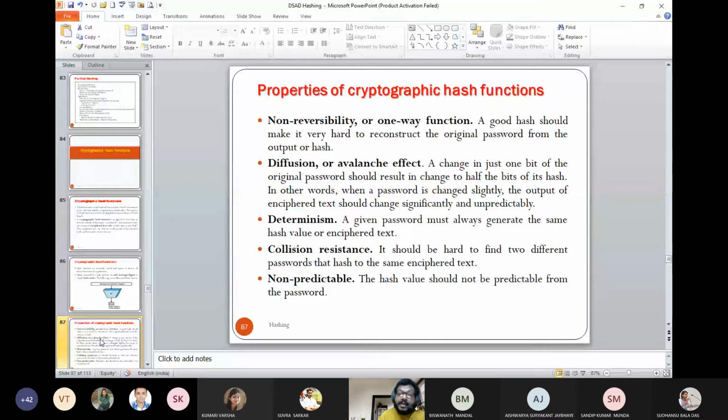Then determinism: a given password must always generate the same hash value or encrypted text. Otherwise, when you log in and pass through the hash function, it must map to the same value.